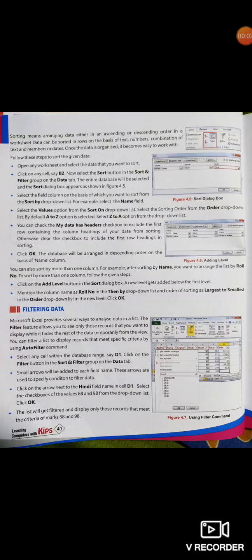Hello students, in our last class we started learning how to use Excel as a database. For that we have already learned what a database is, what the components of a database are, what a field is, what a record is, what a form is, how to enter data using a form, how to add a new record in a form, and how we can search or sort a record. All those things we learnt in our previous class.